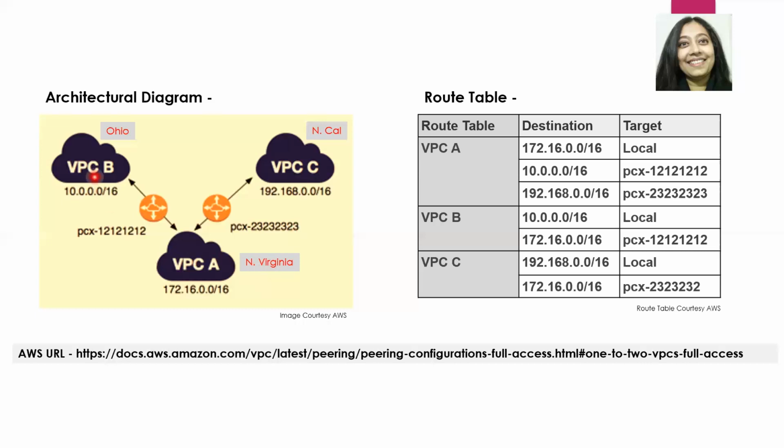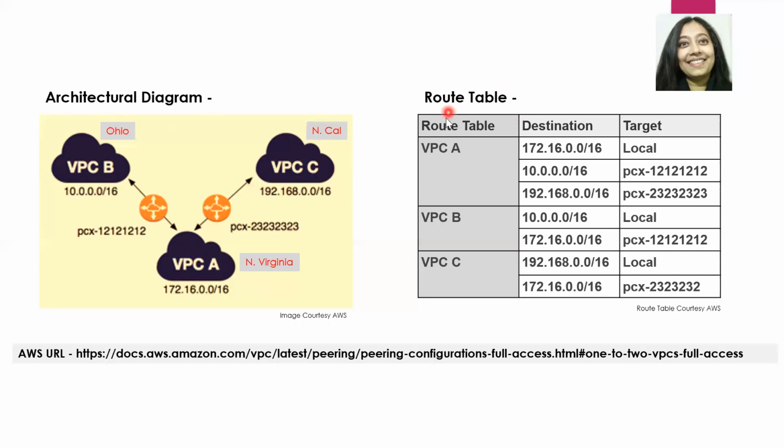I'll be creating VPC B in Ohio, and I'll be creating VPC C in North California. Now you can go ahead and select three different regions of your choice, or you could even potentially create these three VPCs in one single region. Now, after we have created the VPCs and have them peered correctly,